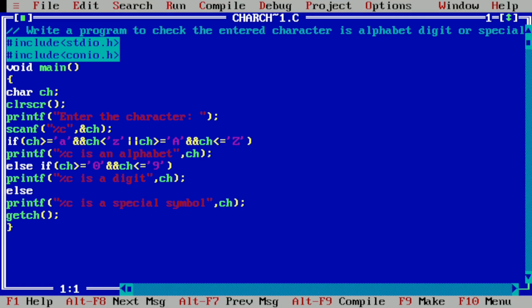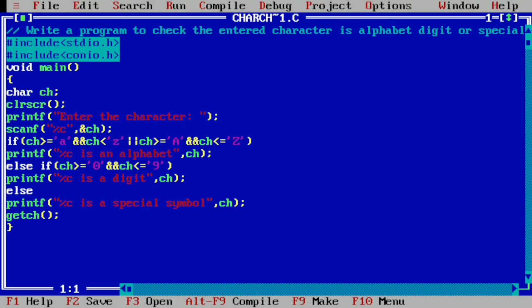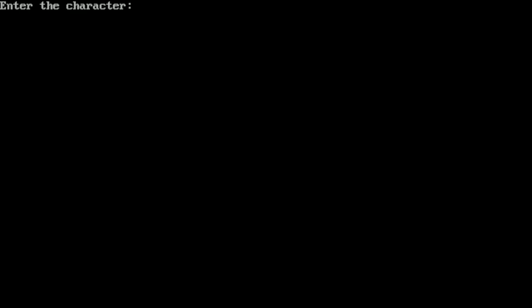Once again we are going to run this program by pressing Ctrl F9. Once again it is asking to enter the character. Now I'm going to enter lowercase letter b and press enter. You can see here b is an alphabet, it is printing. Once again I'm going to run this program by pressing Ctrl F9. Now it is asking to enter the character.